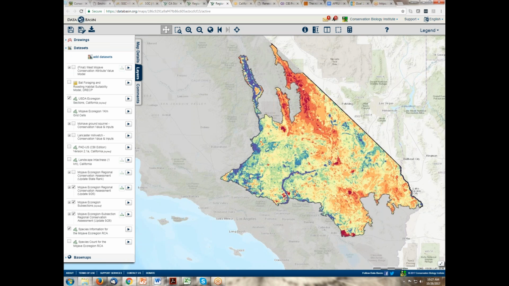So as Denny was pointing out, one of the main differences is that we're looking at the whole Mojave. We're including many more targets than anything that we've done together before, whether it's for DRECP or the West Mojave work or the RCIS, which had a much fewer number of targets. So that's one of the main differences in this one.